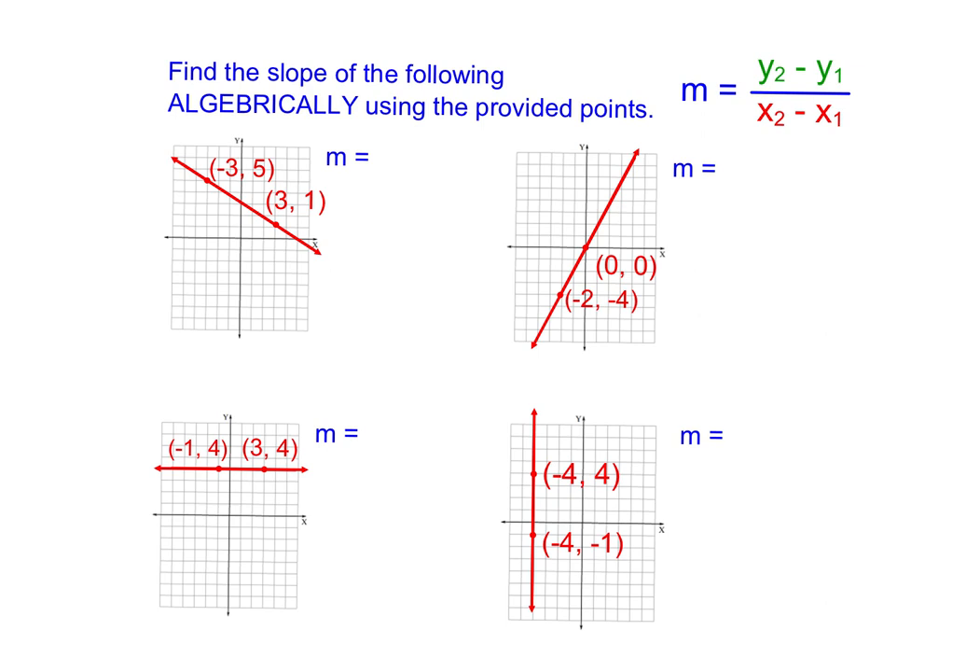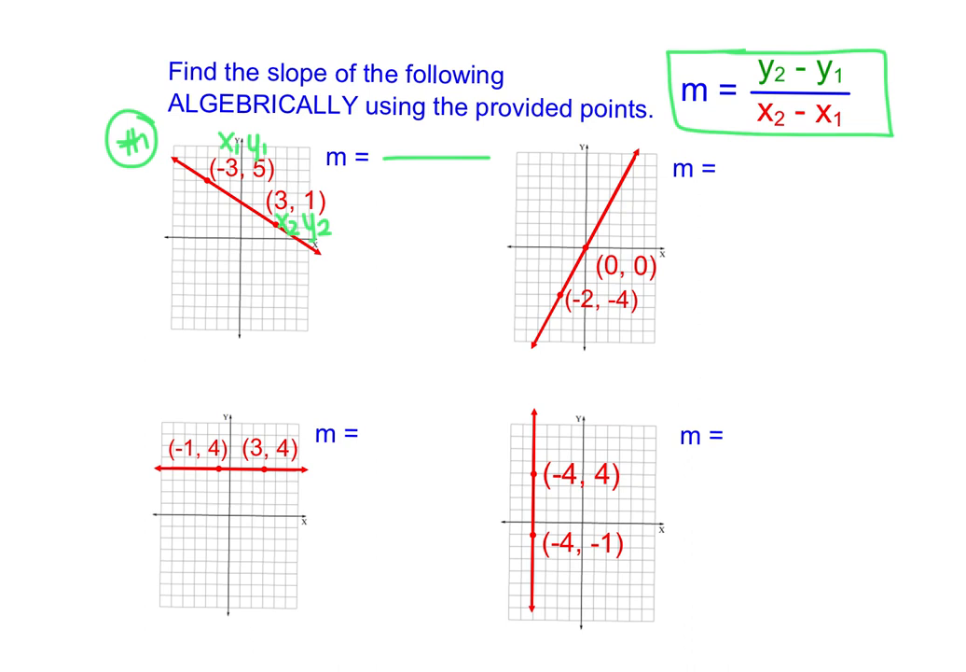So what we're going to do on this slide is calculate the slope of each of these 4 lines algebraically using this slope equation up here. So to start, we're going to start with number 1 over here in the upper left-hand corner. I'm going to start by labeling my points as x1, y1, x2, y2. So I'm just going to pick this as x1, y1, so that's point 1,